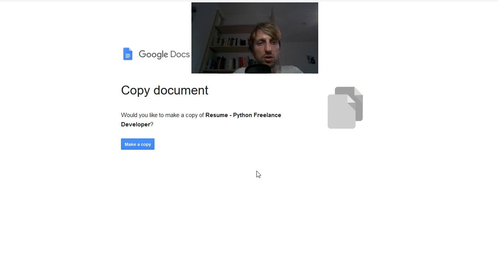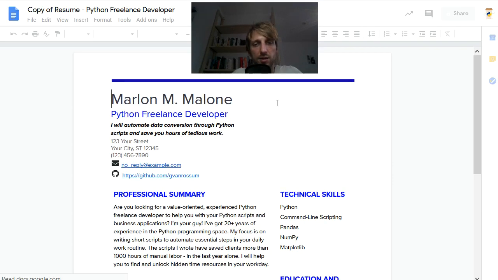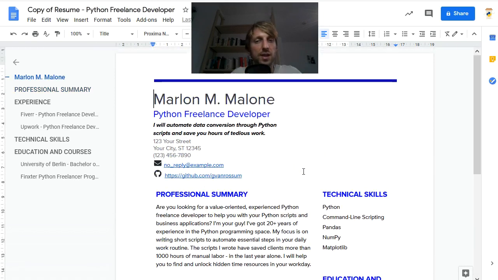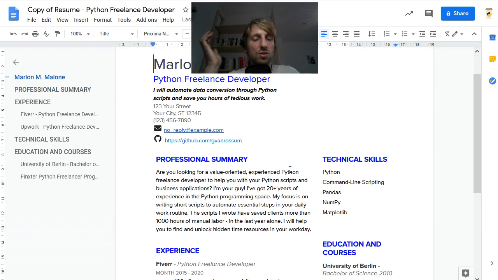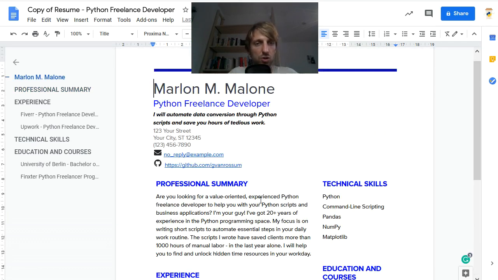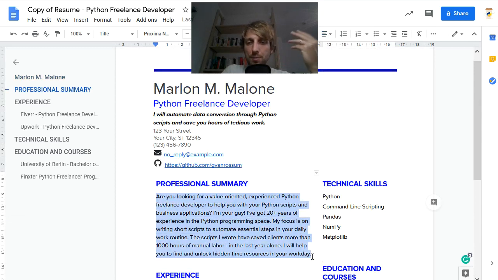This is more focused on coders. You can make a copy, so it will automatically ask you to make a copy if you click on the link, and then it's just a template where you can very quickly, in one page, summarize your expertise and your skills. You can just send this to clients, as a PDF in emails. You can put it on your resume as well, so you can do anything. With the template, you are basically very free to do whatever you want and add whatever you want. And I also wrote an example text